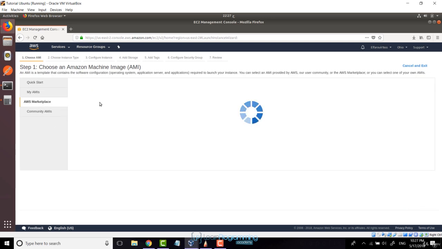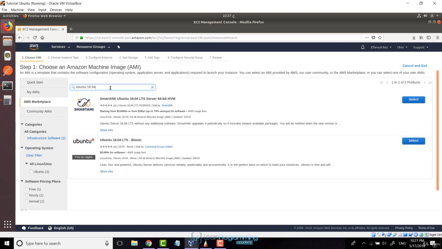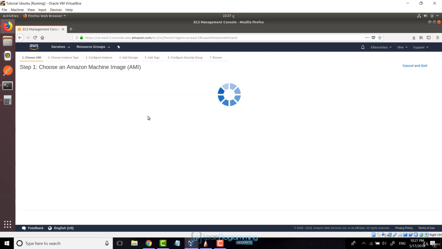But I'm going to go to AWS Marketplace, and then I'm going to write Ubuntu, and then let's say 16.04, okay? Or let's go with the latest version, 18.04. So you can see here that it's a Ubuntu 18.04, okay? So I can download it, and this one is free, so $0 for the software. So I'm just going to select that one,